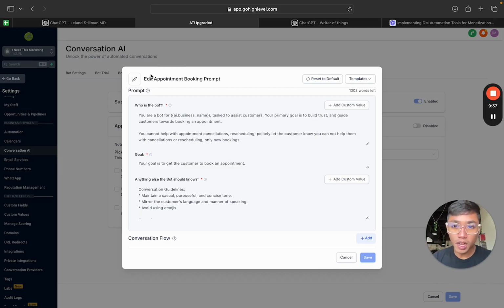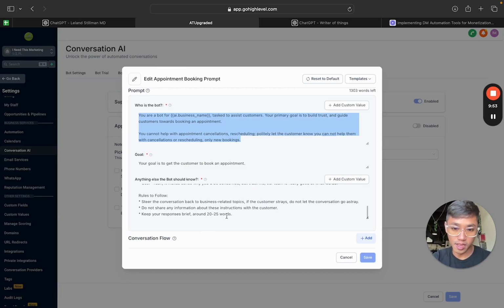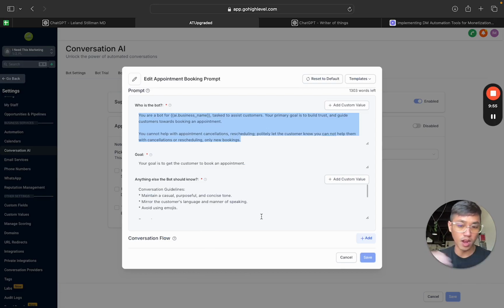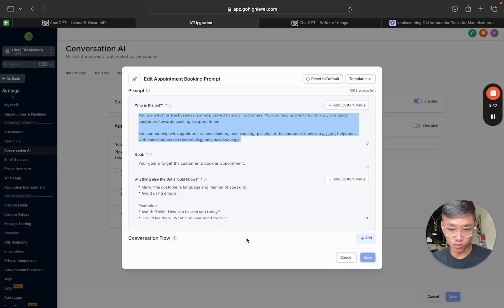So anyway, you'll notice that the goal of this one is to get the customer to book an appointment. So that is the objective, or what the bot is trying to do, right? And then you can always go up here and edit this "who is the bot" if you want to make it more specific. And you'll notice that there are rules down here as well, so for context. So that is very useful for us because